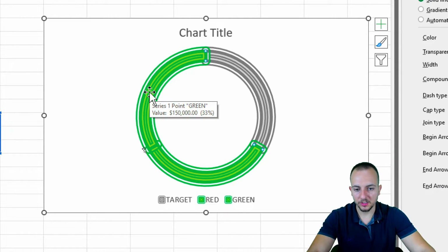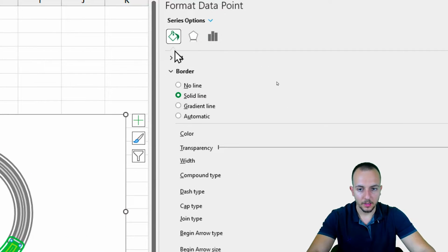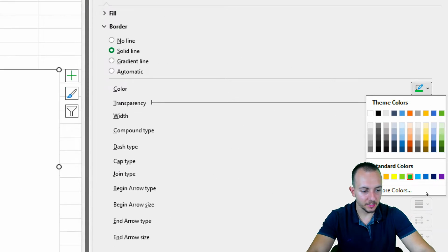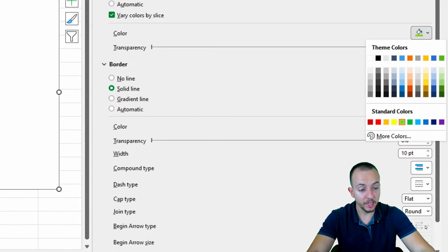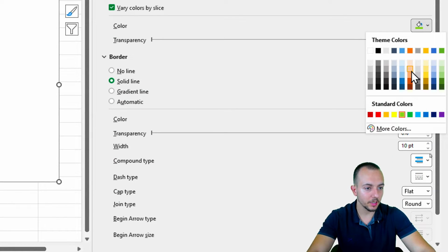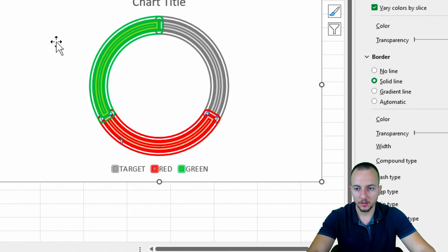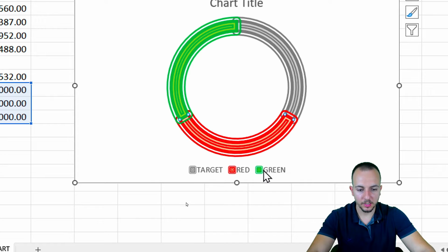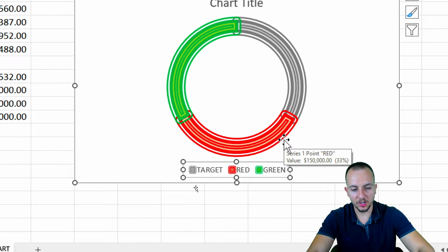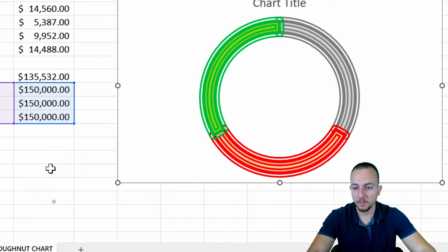Now I can select another slicer, such as the red, because the green is already done. And again, as the border, I can select a red color. And as the fill, I can select a red color too, a lighter one, or I can also stick with an orange color like this. Okay, now I can close this panel. I can also click in the legend, select it, hit the delete button, and yeah,